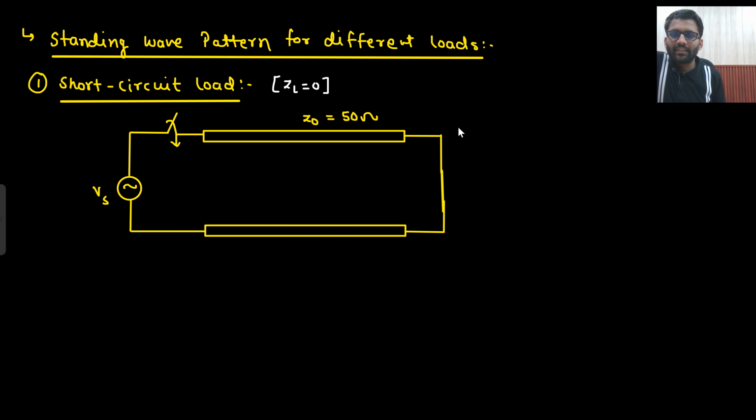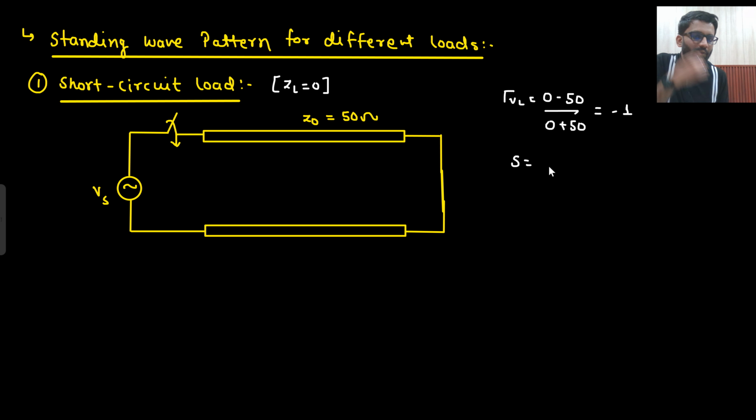Yeah, so let's restart and see this condition. Here, first we will find the voltage reflection coefficient at the load, that will be ZL minus Z0 upon ZL plus Z0. So 0 minus 50 upon 0 plus 50. That would be minus 1, right? And from here only, if I ask you what the standing wave ratio will be, that would be 1 plus gamma upon 1 minus gamma,